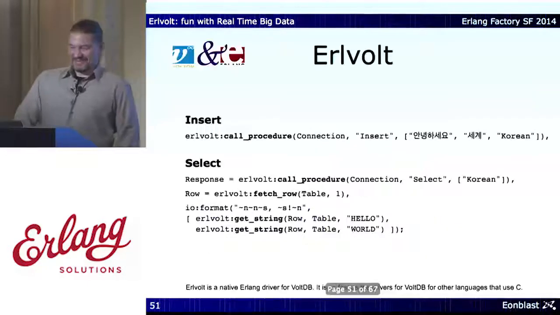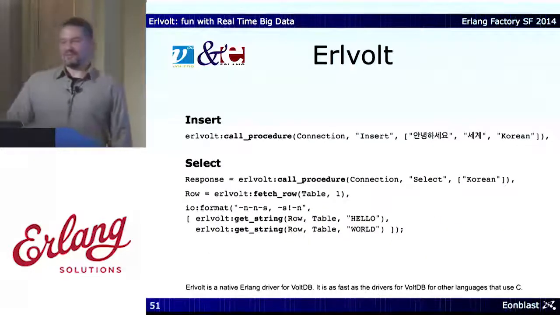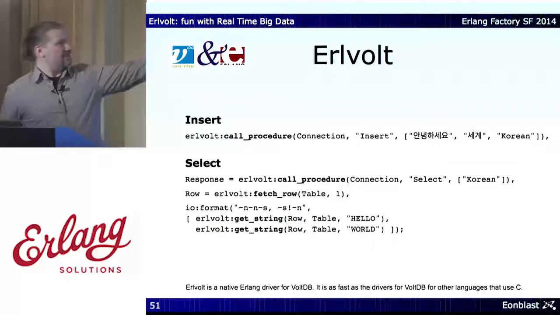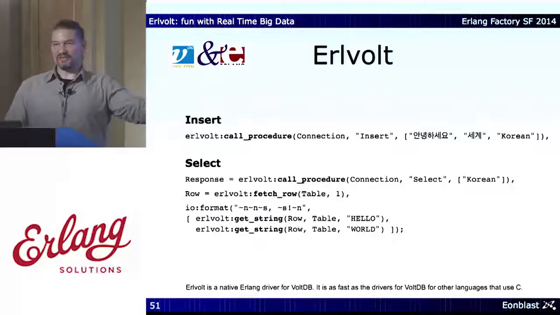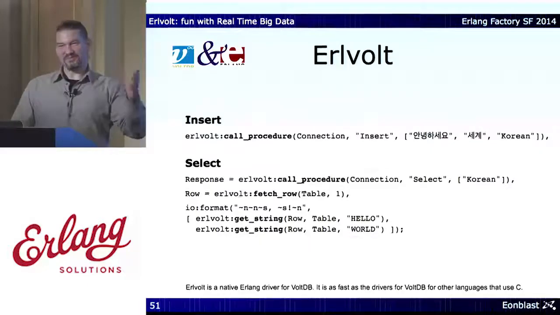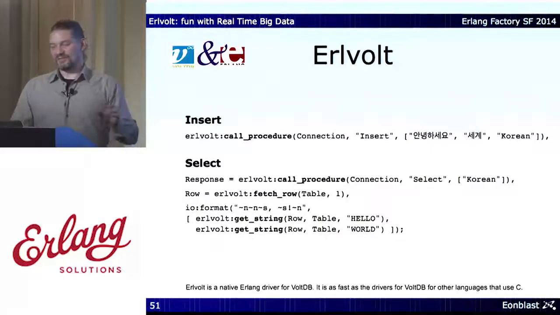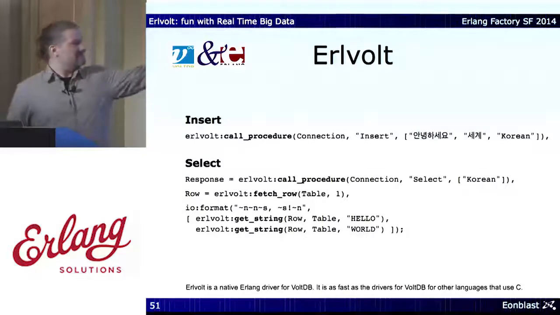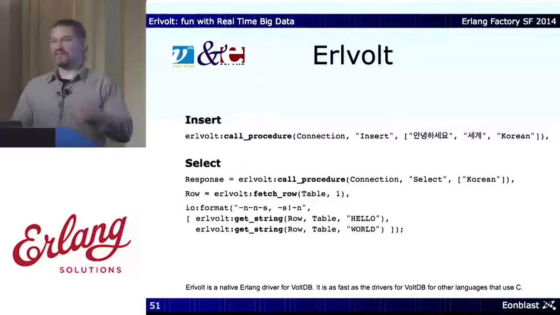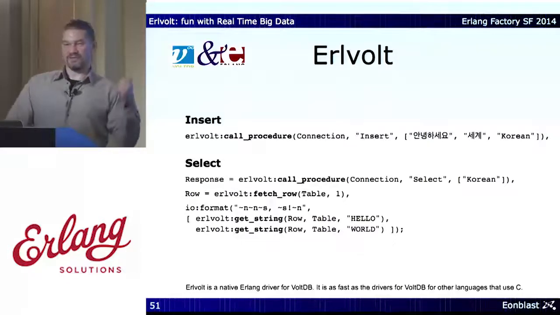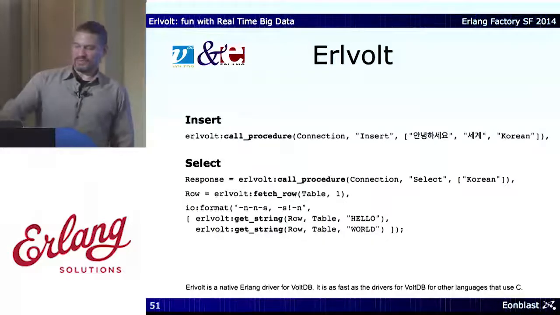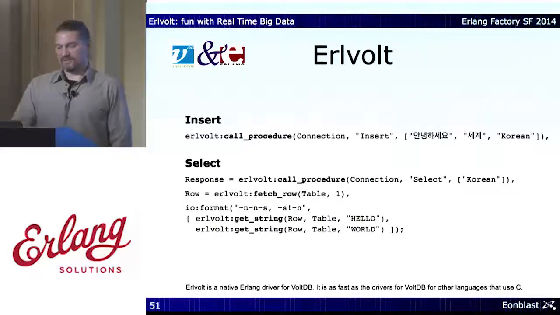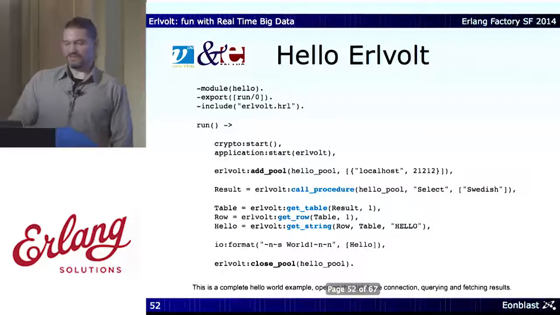So using VoltDB with Erlang, this is how it looks. If you call a procedure, in this case, that insert there is not the SQL insert, but it's the Java class insert for this example. It's just to be very clear here: it's not that you write SQL there in parentheses, but you call Java classes that you have programmed, as I earlier showed with this select class. But nevertheless, what happens then on the Erlang side is just this. It's very, very short, and this is a complete